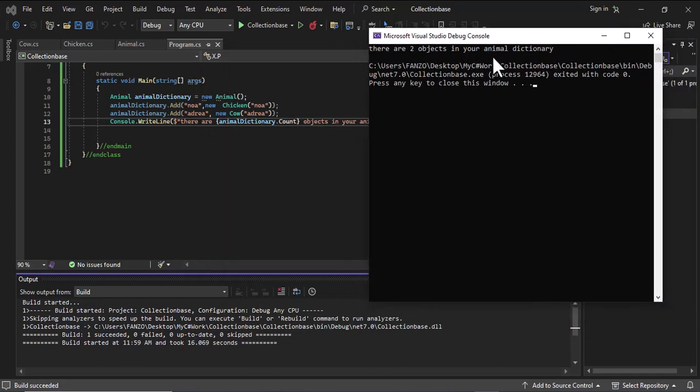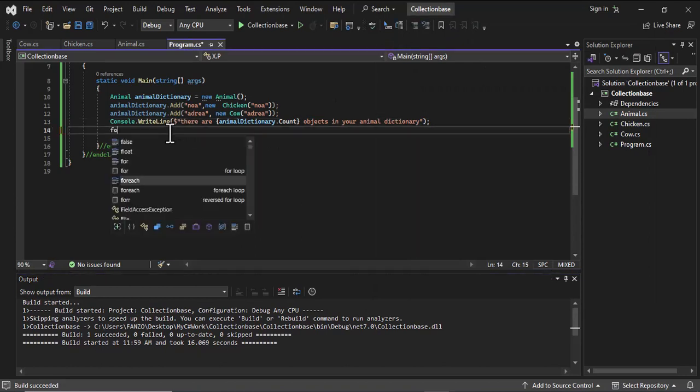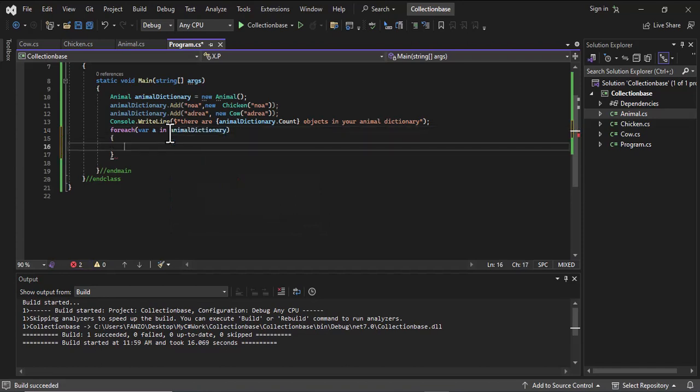There are two objects in your animal dictionary. So just to be very sure, let's just have a foreach loop. And then what am I going to do there? I'm going to use the var. Let me just say a in animalDictionary. Alright, and then what I'm going to say there is to have a Console.WriteLine. I'm going to use interpolation. I'm going to say a dot ToString, sorry,